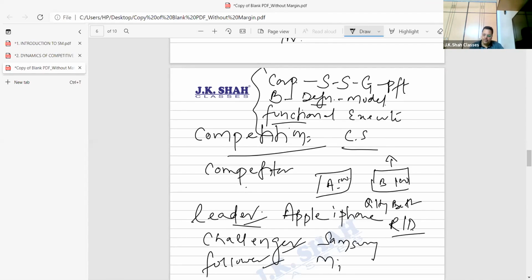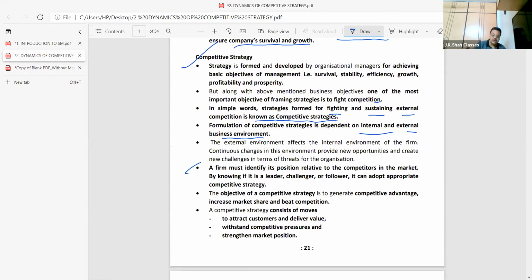Imagine this phone: Apple was 1,25,000, Samsung was 80,000. MI will give it for 20,000. You follow? So, first of all, you're supposed to know what position you are in, leader, challenger, because you should have your competitive strategy depending upon who is in which position. Listen,